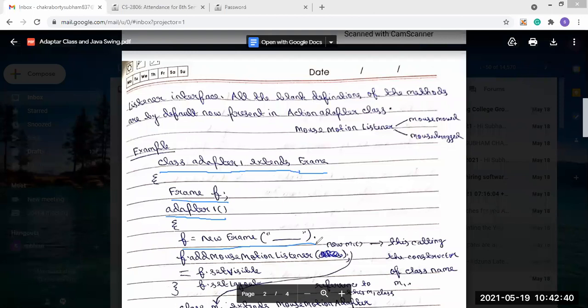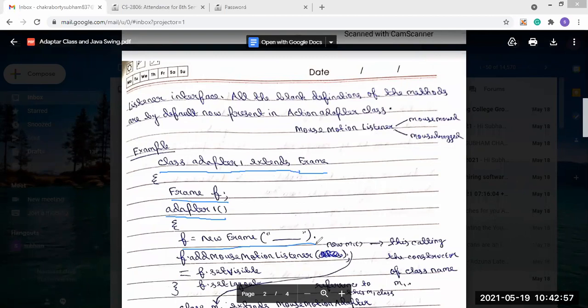Then we used the frame class object F dot add mouse motion listener. Now what will this command perform? Our frame will be attached to the mouse motion listener.